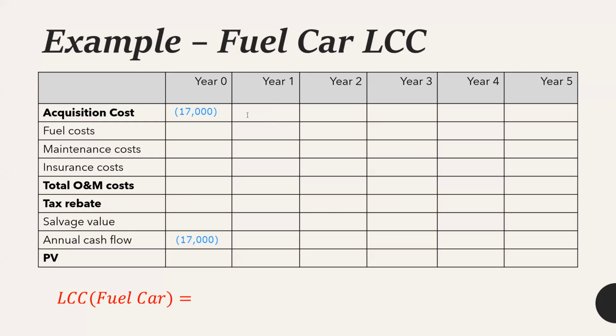based on the given information, the miles driven per year is 25,000 and the fuel usage for the fuel car is 24 miles per gallon. So in order to go 25,000 miles, how many gallons are needed? 25,000 divided by 24. And the average price per gallon is $3. So you can easily calculate the fuel cost for year one. The fuel cost for year one is equal to 25,000 divided by 24